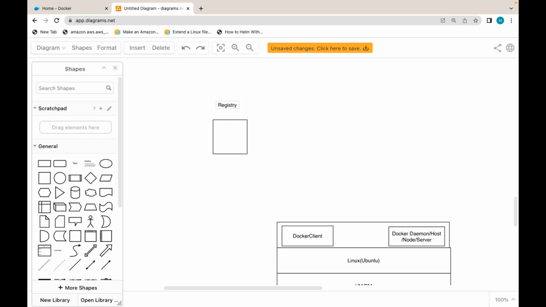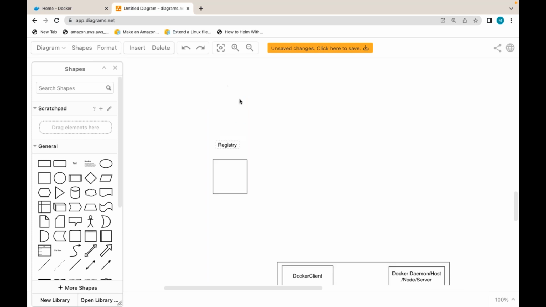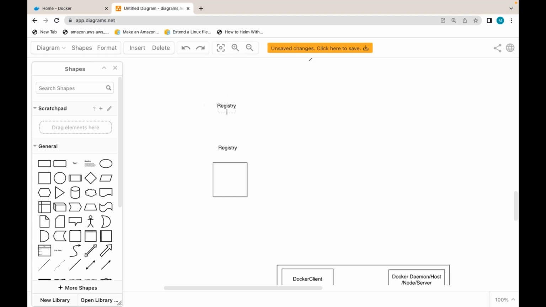So what is registry? There are two things here: registry and repository. Are both the same, or two different things? This is also a very, very important interview question. In interviews they will ask what is the difference between Docker registry and Docker repository. So both are different, right?